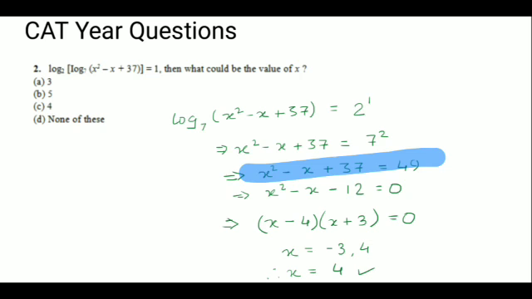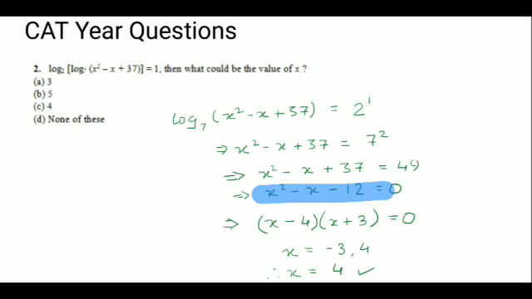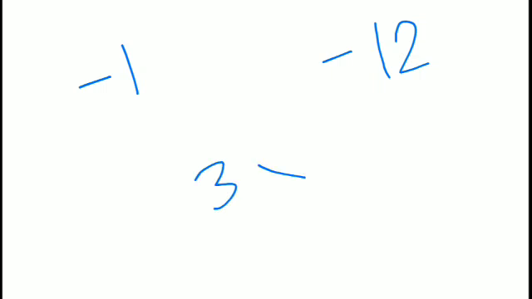After that, from this step, I understood कि मेरा यहाँ पर -1 है और यहाँ पर -12 है. So at a difference of 1, what are those two values which will give me a product of 12? It's basically middle term factor, but you can do it mentally and eventually come down to this. If I have to just give you a short caveat, then if the difference is -1 and the product is -12, the two numbers which I can think of is 3 and 4.